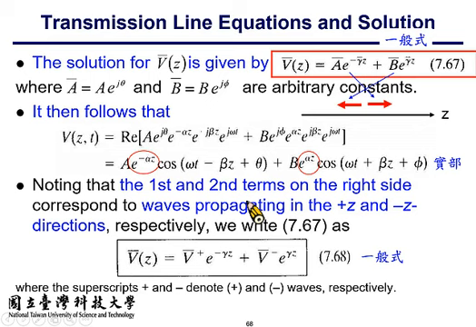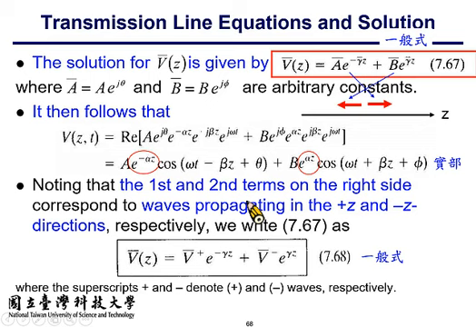So the magnitude of the signal of the first term, as it goes further to the right, becomes smaller and smaller, because you are going in the positive z direction, and alpha is a positive real number. So as the product of alpha z becomes larger and larger, the exponential minus alpha z term becomes smaller and smaller, which is consistent with the fact that the signal becomes smaller and smaller due to the presence of loss